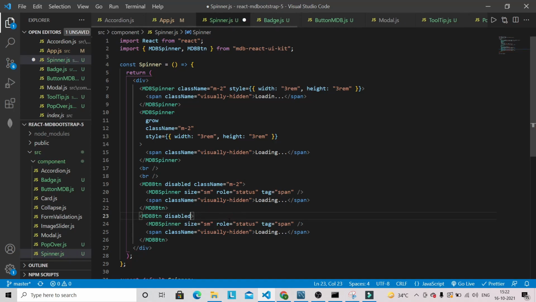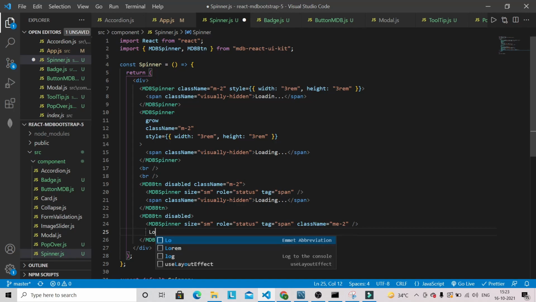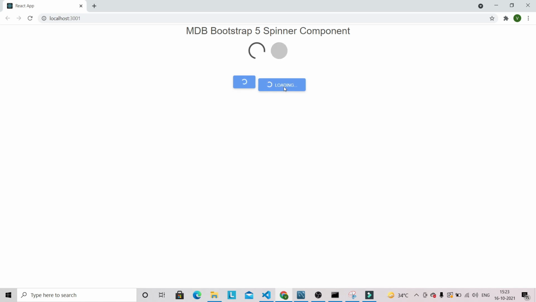Remove this class name, and here give the class name me-2, and remove this span tag, and we can also give loading. Let's see whether this one is also working or not. Now you can see that we have got this loading text along with the loading spinner.